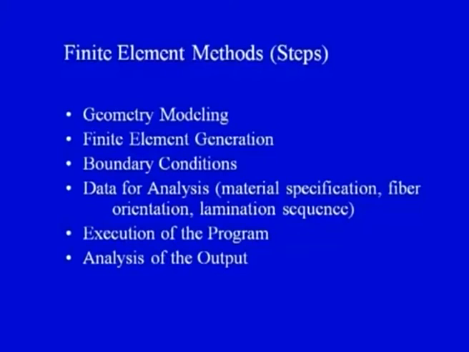Once the geometry has been made, it has to be discretized into finite elements. So point number 2 is finite element generation. We have to discretize the complete geometry. It can be a 3-dimensional analysis, it can be a 2-dimensional analysis. The geometry which has been modeled on this computer screen has to be discretized into different types of elements. Now there is an element library in the various packages from where we have to choose which type of element suits our requirement.